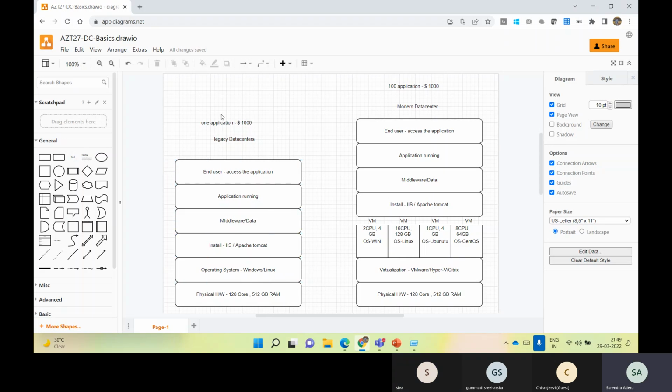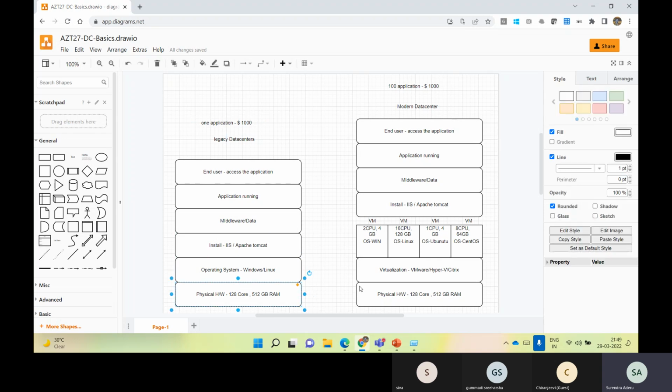So assume that you have purchased this hardware and you are spending $1,000 for running one single application. The same hardware, only with virtualization technology, allows you to run 100 applications for the same spend of $1,000. You got the point here, Shiva? Yes. So your customer or your business owner will obviously choose this approach only.